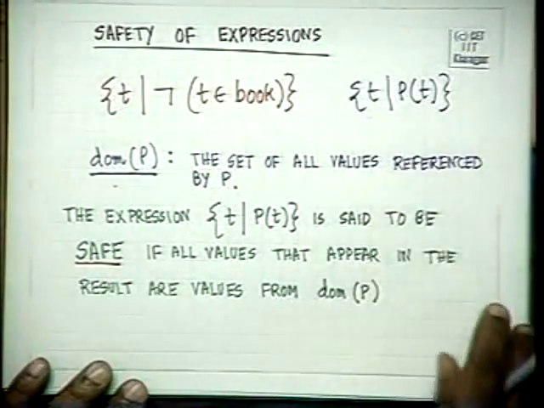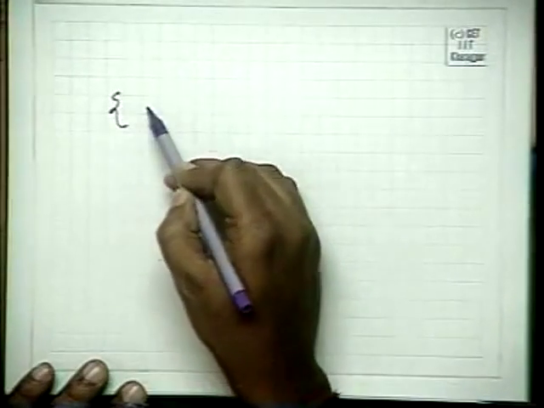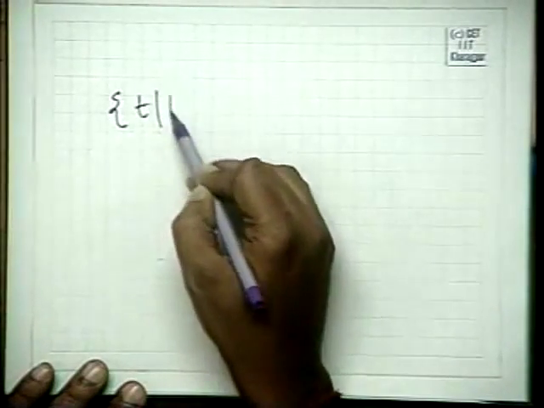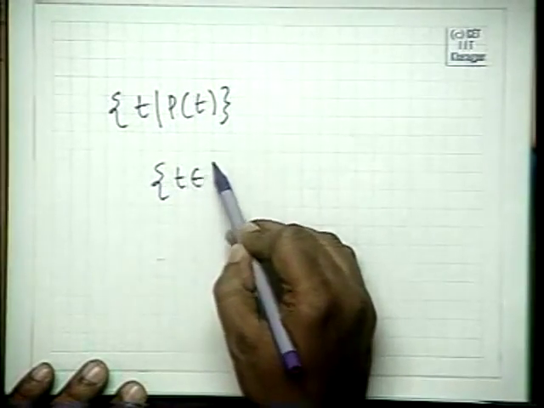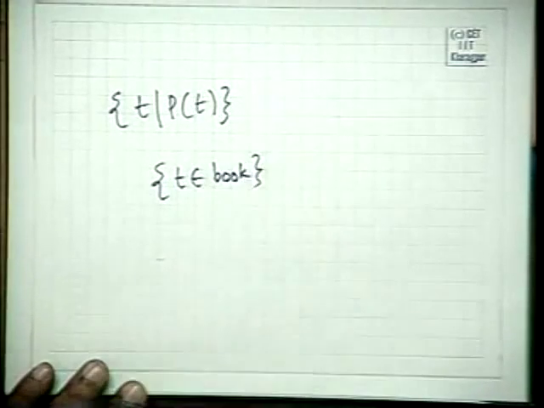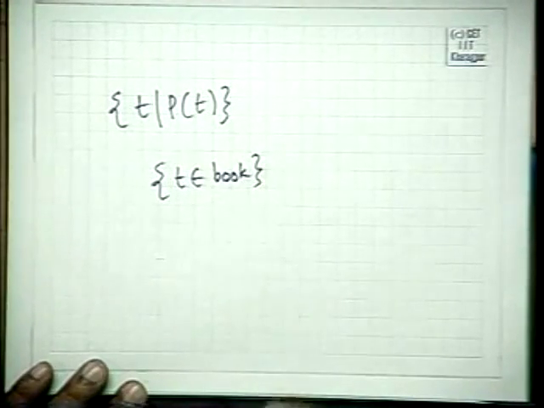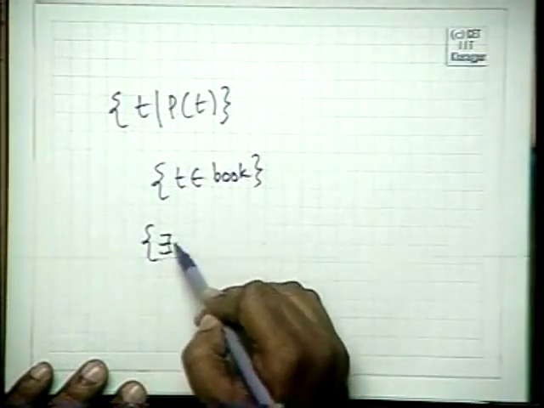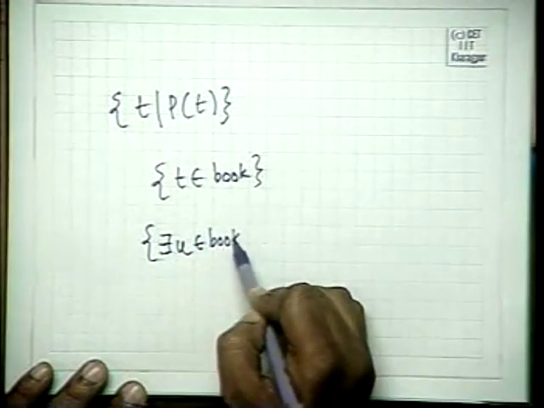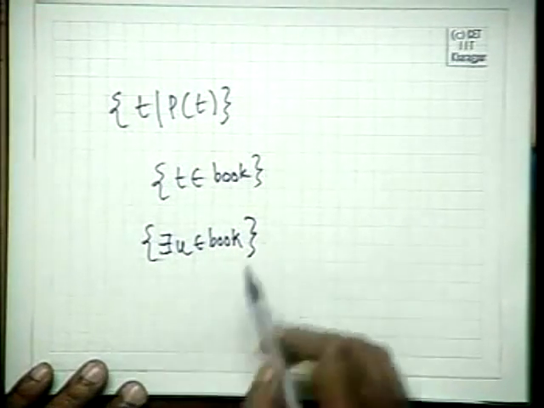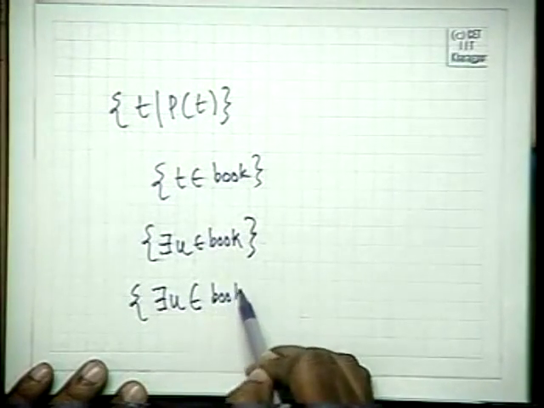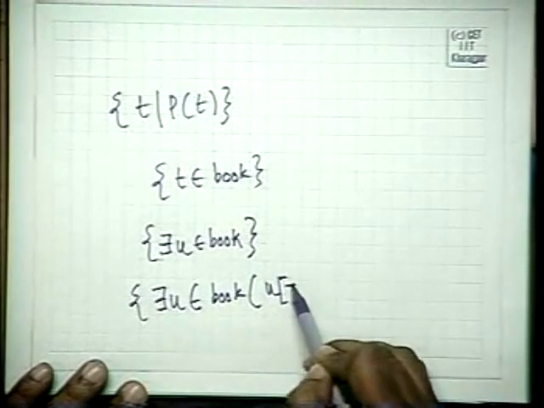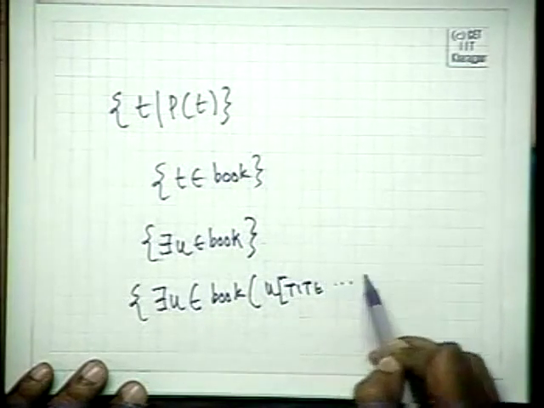Now this predicate, let us see the examples of DOM P. If I write down any predicate P(T), I may write this as T element of book. So the domain of P is the set of books. I may write there exists U element of book. Here again DOM P is book. I may write a query there exists U element of book such that U of title equal to something,